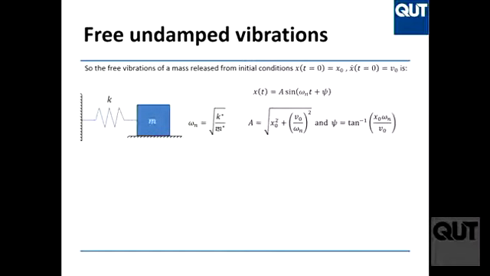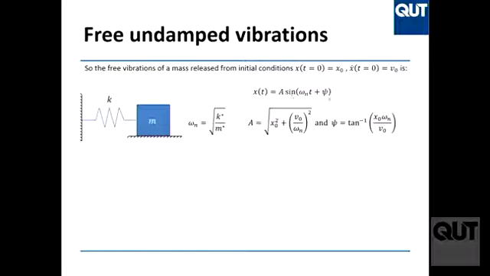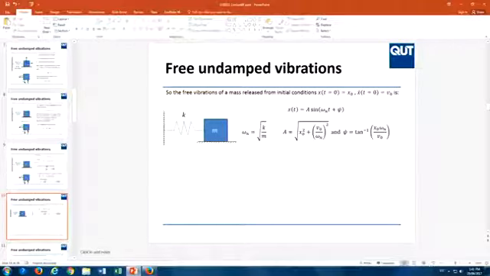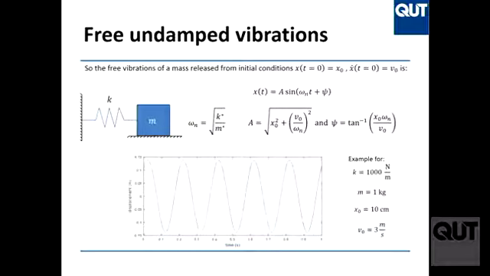So in this case, the equation of motion is this one, and the solution of this equation is this equation. So the vibration will look like this in time, with this parameter equal to that. In this case, it's just K. So if the stiffness is 100 and the mass is 1, then omega n will be the square root of 100 over 1, which is 10, and so on. And this is the amplitude, and this is the angle. Clear? That's how it looks.